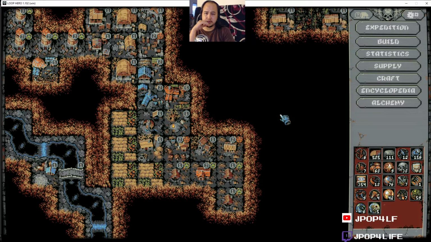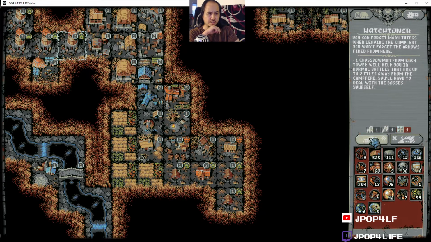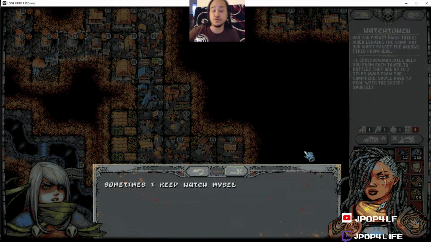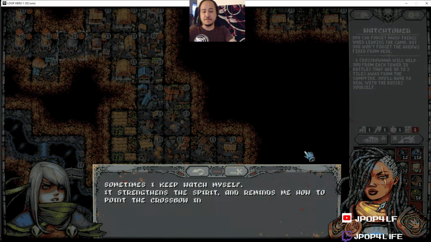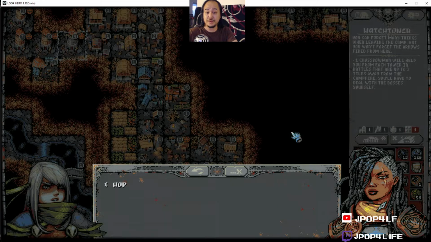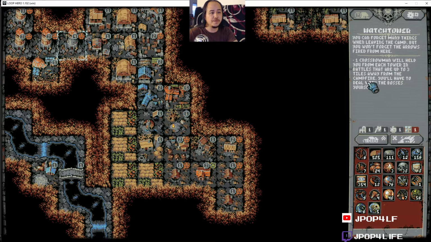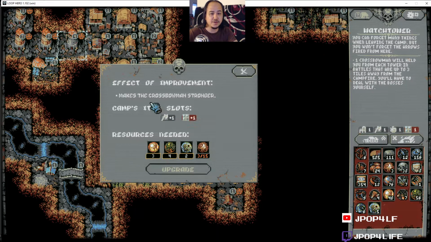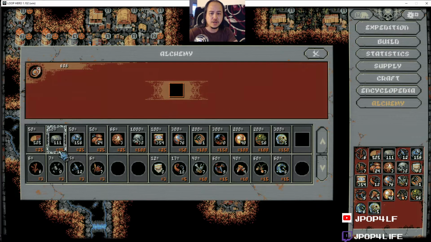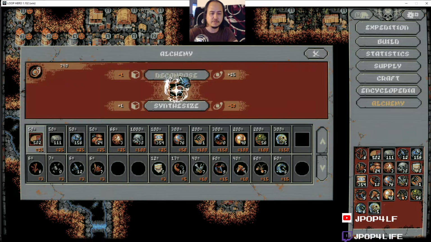But you know what? To finish things off, I'm gonna upgrade some of this stuff, at least one of it to its max, so we can read this. Sometimes I keep watch myself. It strengthens the spirit, reminds me how to point the crossbow in the right direction. During the expeditions, we can see how the darkness retreats and the great world reveals itself. I hope one day I'll be able to join your assaults. Crossbow will help you from each tower up to 3 tiles away. If I do this, makes crossbowmen stronger. So I just need to go to alchemy. I also have 1,000,000 wood, so I can...